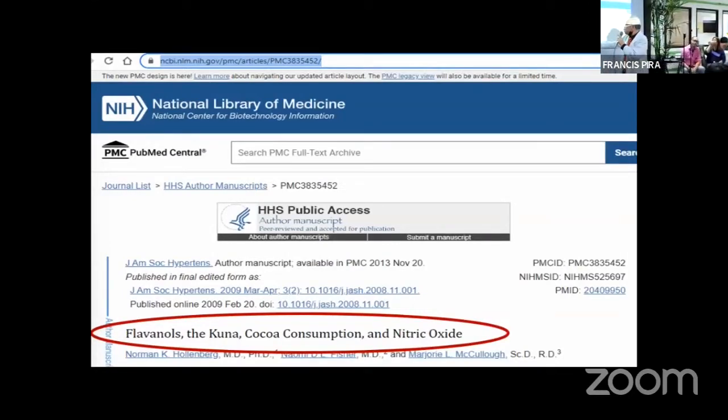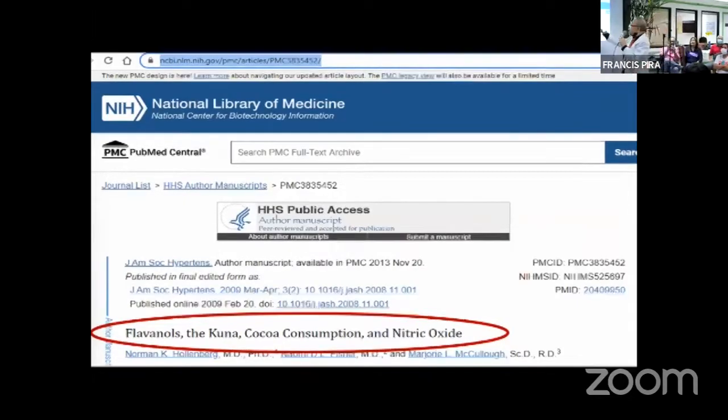Yes. So the Kuna people have a very high consumption of cocoa and nitric oxide, which is derived from what amino acid? L-Arginine. Because L-Arginine is the natural form of amino acid, because the not natural form is the D form. What we have is the L-Arginine, and that is found in nature, and that is contained in our cocoa, Acticoa raw material. Next slide, please.